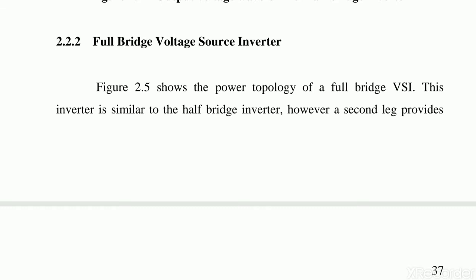So what is full bridge voltage source inverter? As we have seen in the half bridge voltage source inverter, only two switches are used, that is Q1 and Q2. According to application, we can choose the switches, that is we can choose SCRs, or we can use the IGBTs also. So at the output side, at the load, we are getting a square wave AC voltage waveform, and the input is DC, but the output voltage has half the value of the input DC voltage.